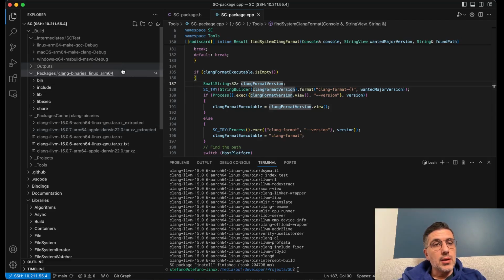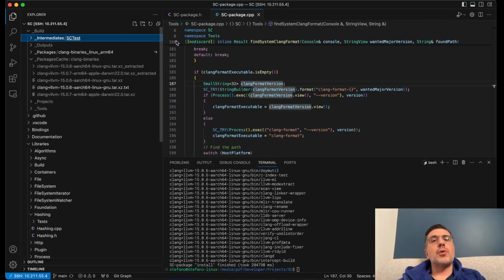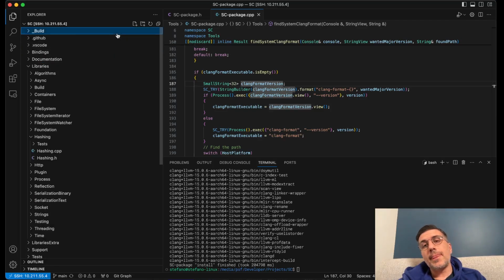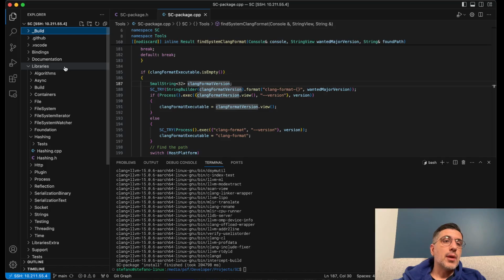This is the Linux one. It just finished, and as you can see, there is a symbolic link in the packages, Clang, binaries, Linux, ARM64. I have my binaries directory. I plan to do many things with Clang, but for now, the main thing that I would like to be doing is just using the clang-format command to automatically format files in the repository, and also to make sure that people who would like to contribute to the project can just format files as they are supposed